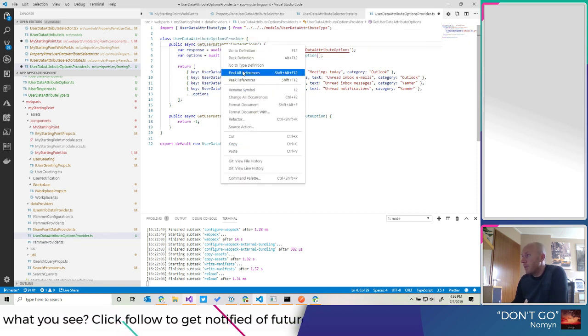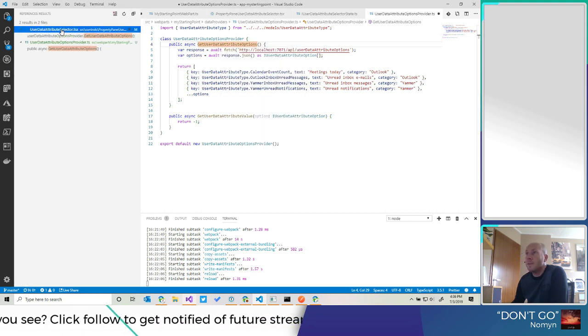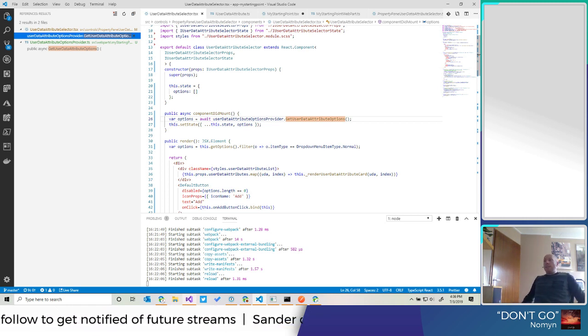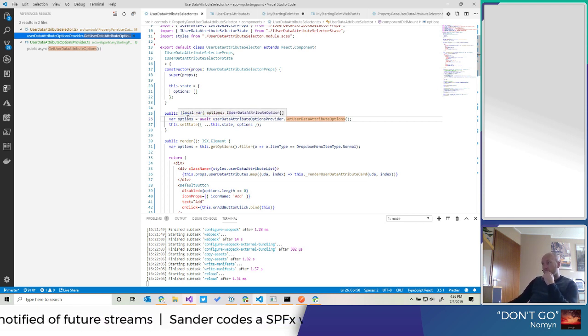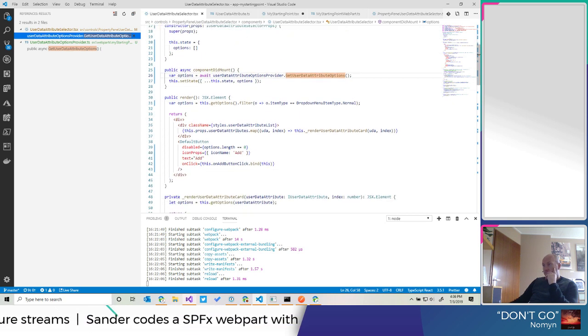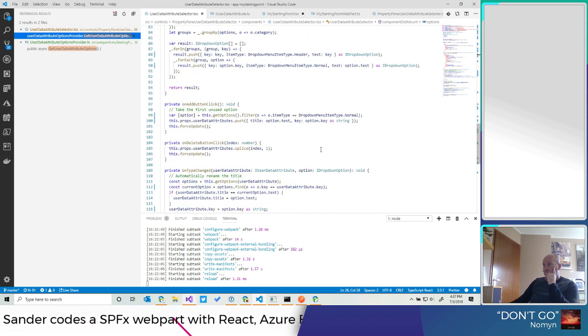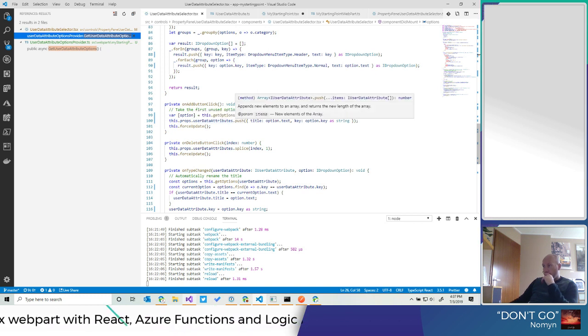Where is this called? It's called the user data selector. So here it gets the options. When we select one, they push one in the iUser data attribute type.